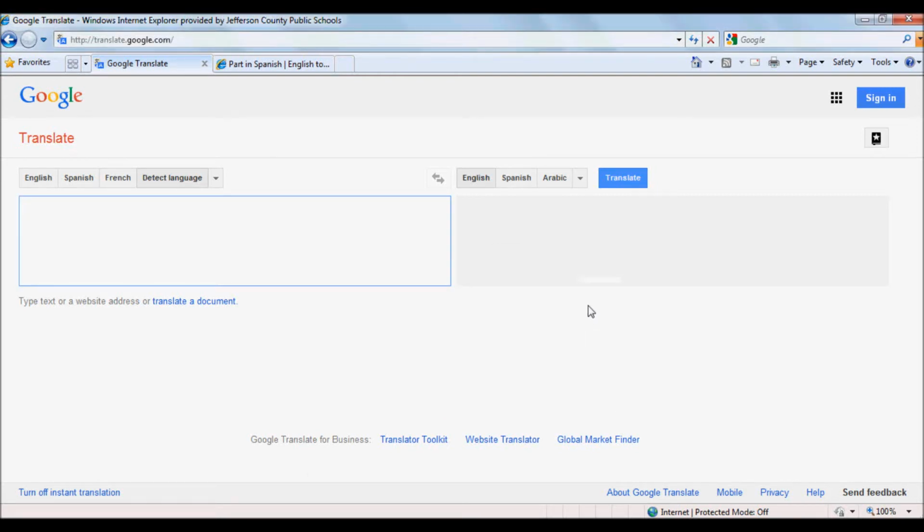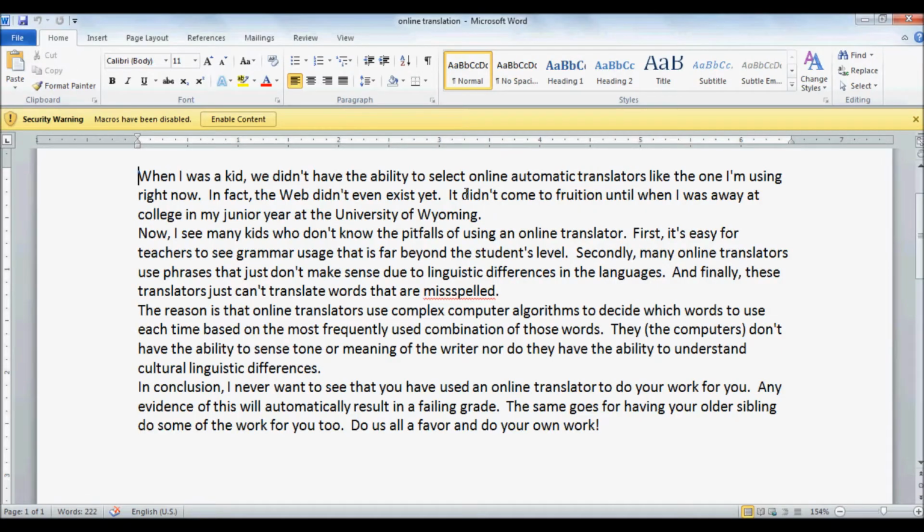Ruiz. I'm just going to show you real quick why you wouldn't want to use an online translator such as Google Translate and instead use an online dictionary. So what I'm going to do is translate some stuff from English, which we'll just let detect the language, into Spanish. I'm going to select Spanish here, and I'm going to go into Word.